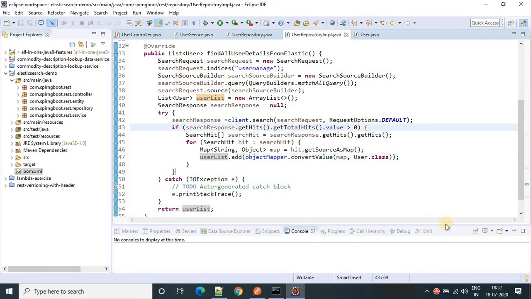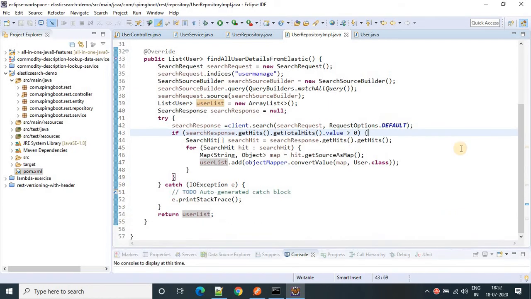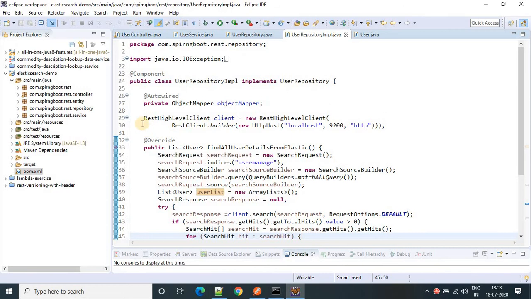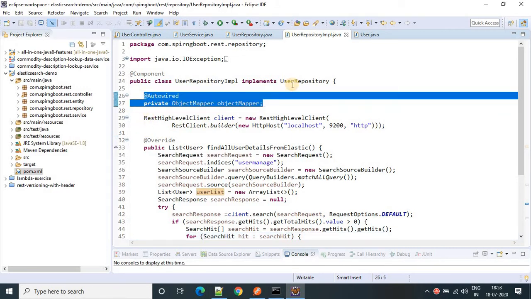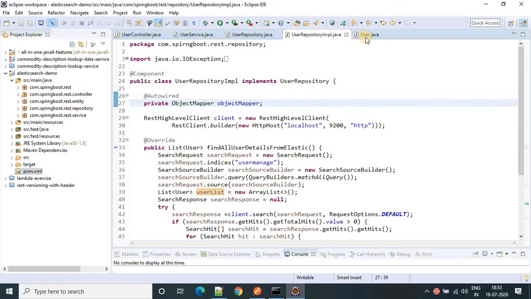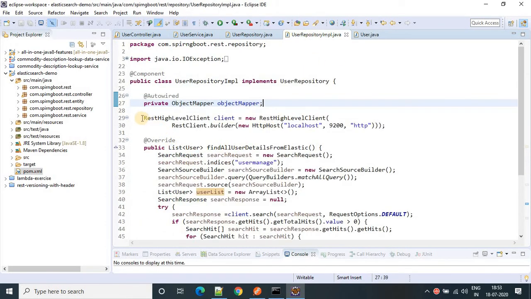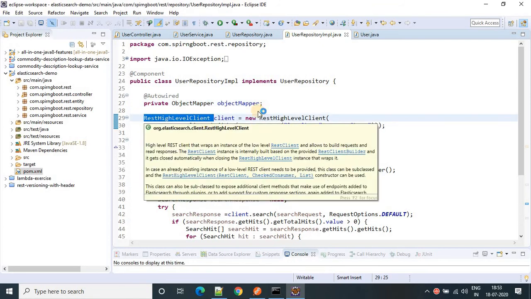Let me run this class and we'll check whether we are getting our data or not. So what we did, we took an object mapper for converting a map to our entity class. Our entity is user.java. After that we are using REST high level client so that it will connect to Elasticsearch.